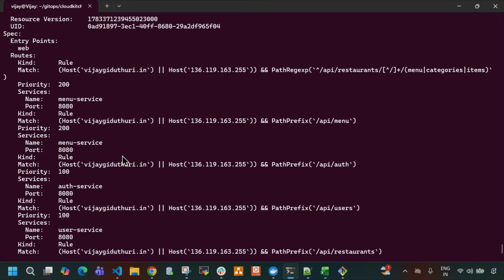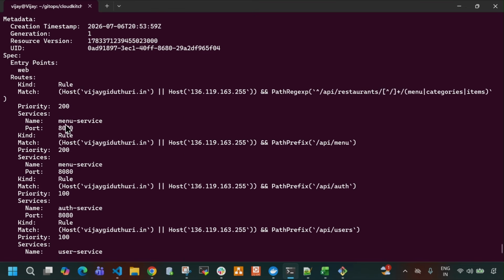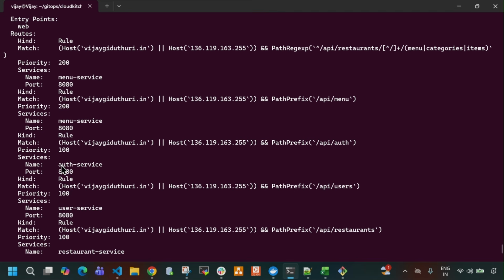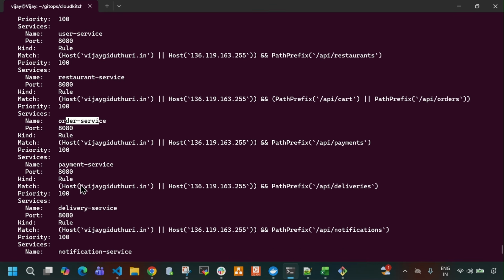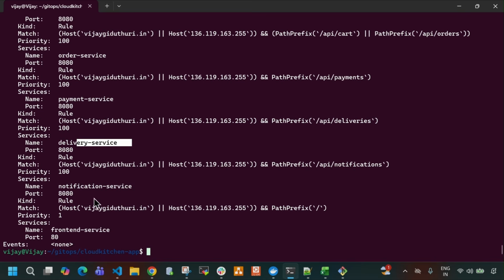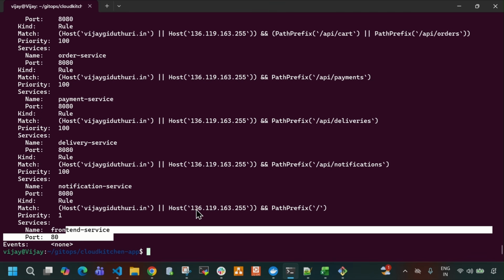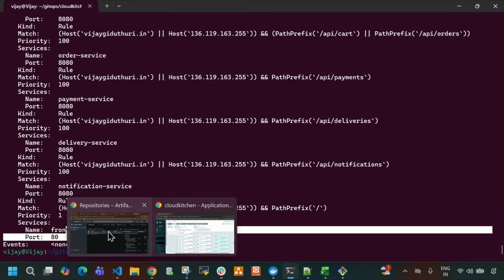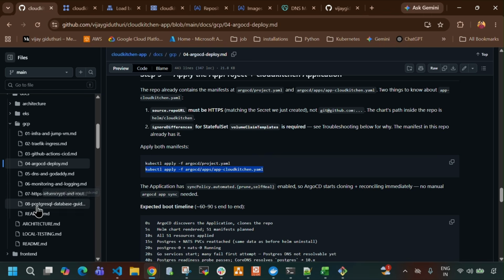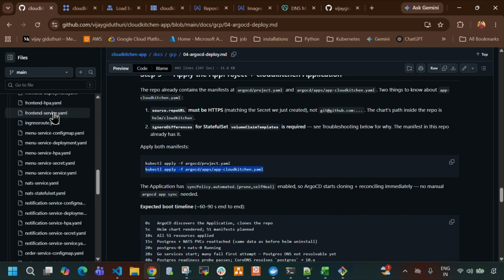And here you can see within the single ingress route, we just updated all the services like menu service, authentication service, user service, restaurant service, order service, payment service, delivery service, notification service, and front end. We just updated all these services within the single ingress route. If you want to see that file, you can directly open the Helm chart,